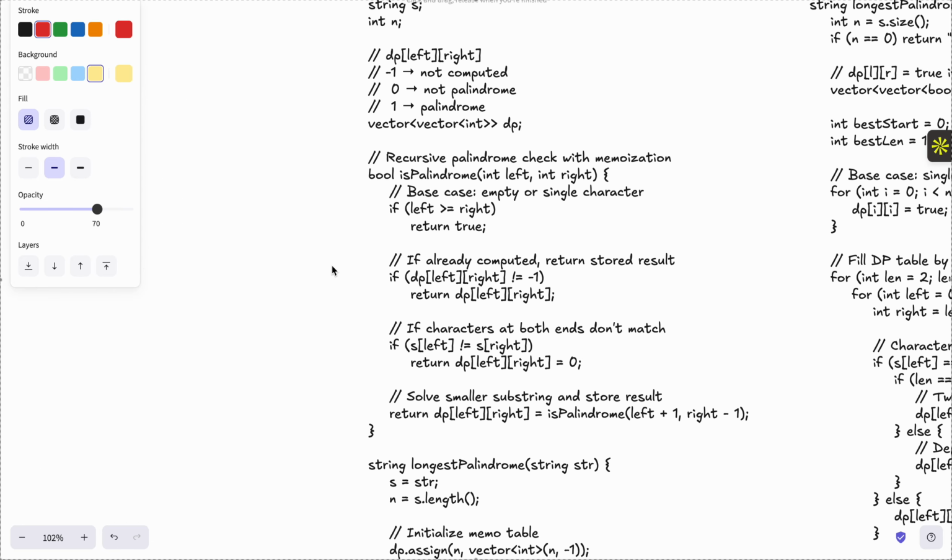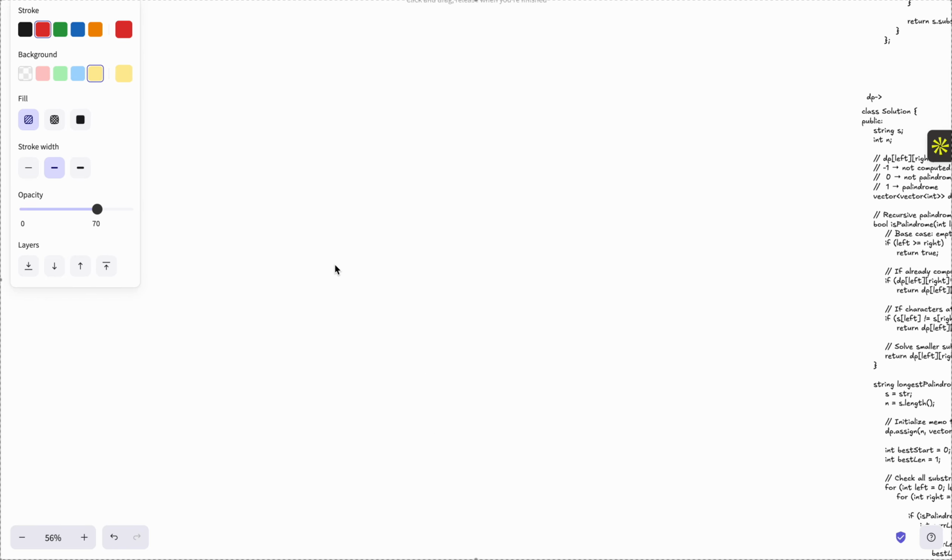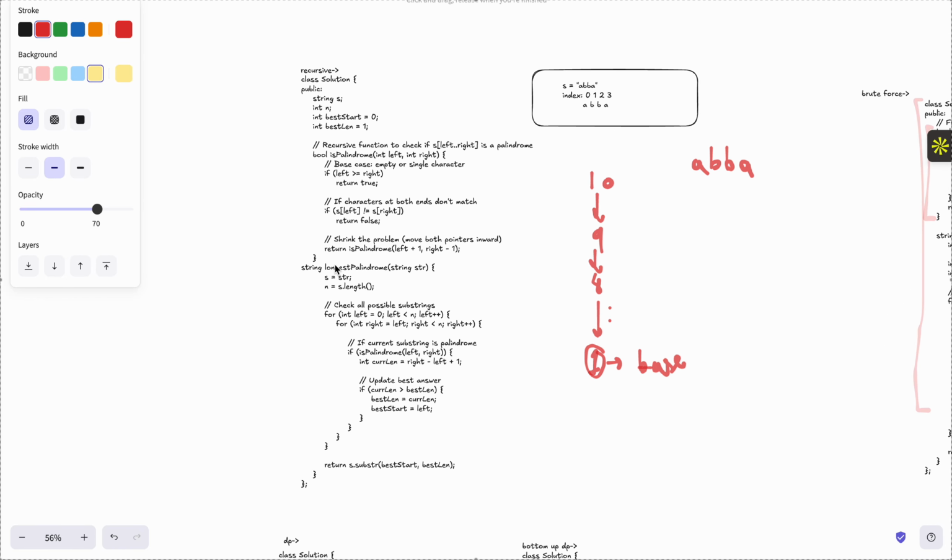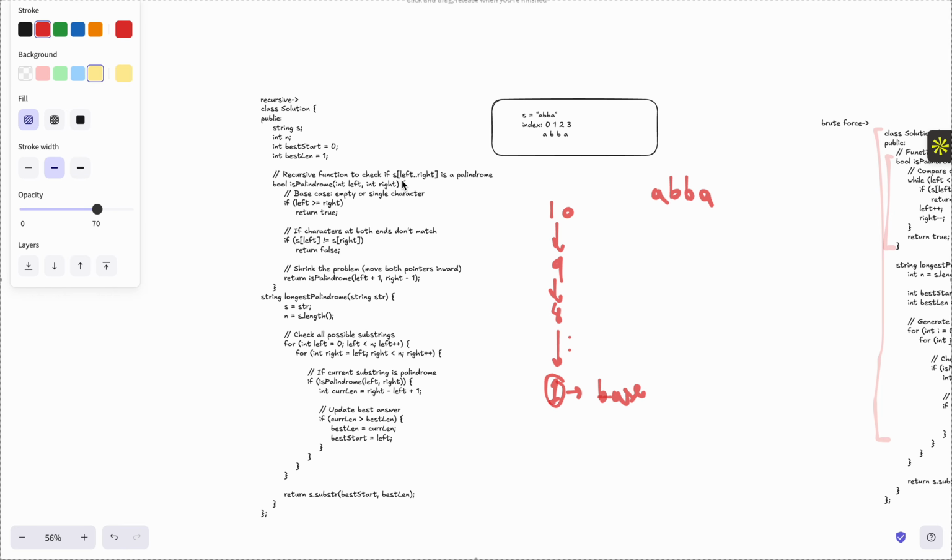So you basically write a function for checking palindrome. The recursive function you have written is bool isPalindrome, and you pass just left and right to check whether the substring, or whatever the string is, is a palindrome or not. The base case would be that the left should not cross the right, because if left crosses the right,